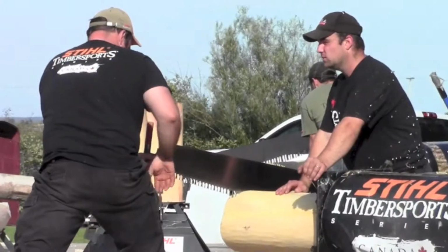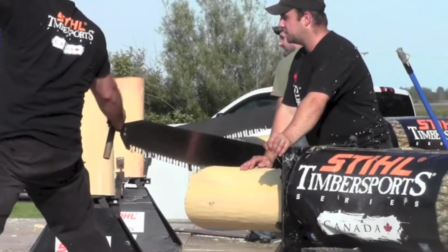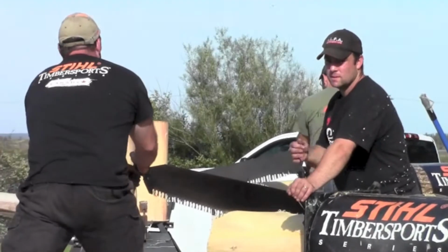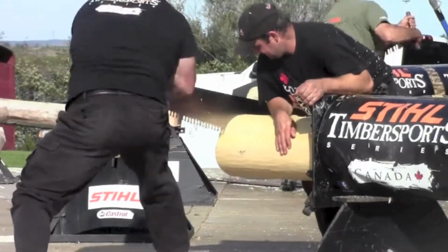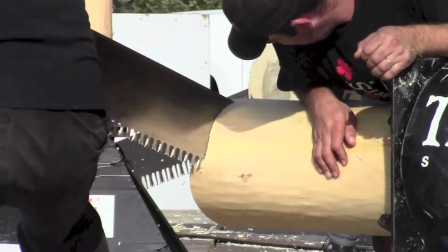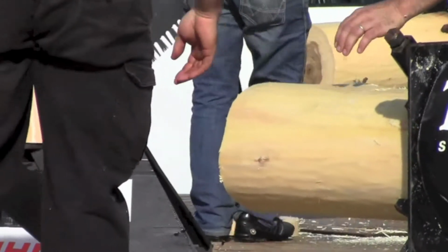Oh! 1 for 10 from our GM. Who thinks Nicky's going to win the single buck saw? Who thinks Jeff's going to tie up the score for Sears Insurance? Lumberjacks ready. 3, 2, 1, go. Get a good start. Push and pull that saw as fast as you can. Great cut going over here by Jeff Larkin on Team Sears Insurance. Great cut. Let's give both them guys a big...